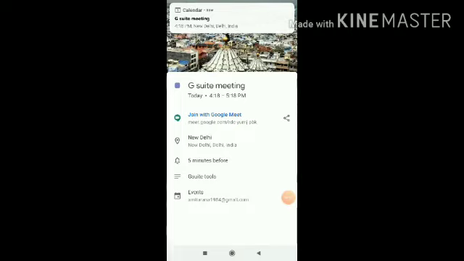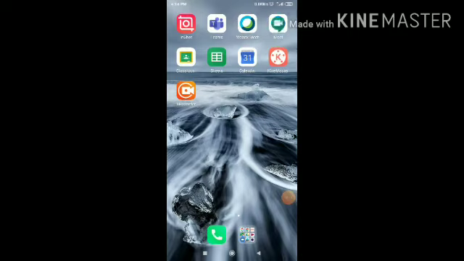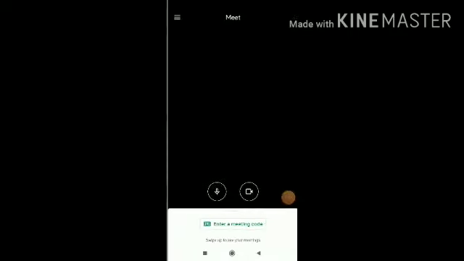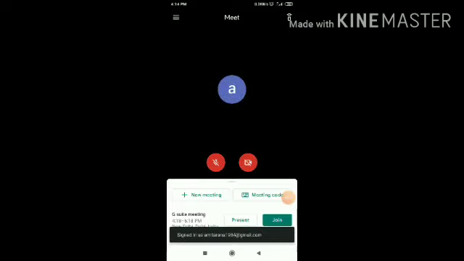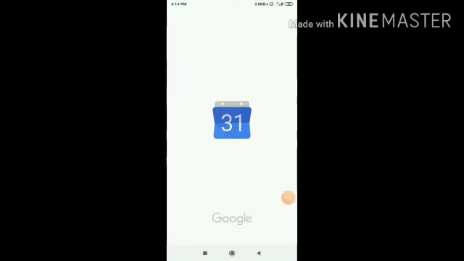And now I will show you Google Meet as well. So it is giving me G Suite meeting 4:18 to 5:18 p.m., New Delhi, India, and you have to join this meeting. So that's all for Google Calendar. One thing more is that it will give me all the email IDs from where I want to schedule the meeting, and it is possible to copy those meetings from one ID to another ID. I don't think we need that, so I'm not discussing it.